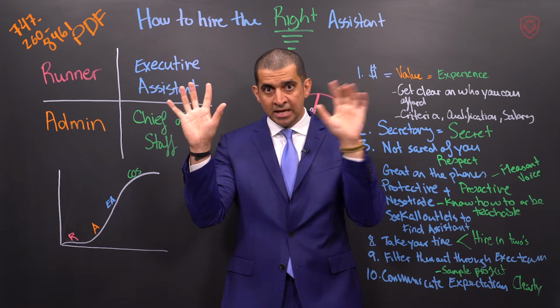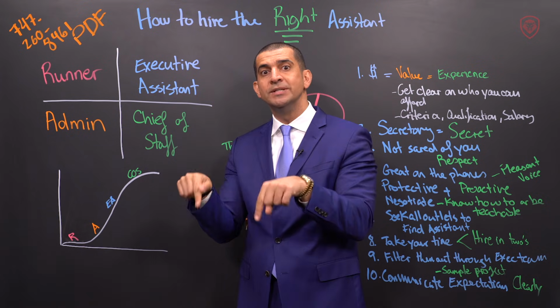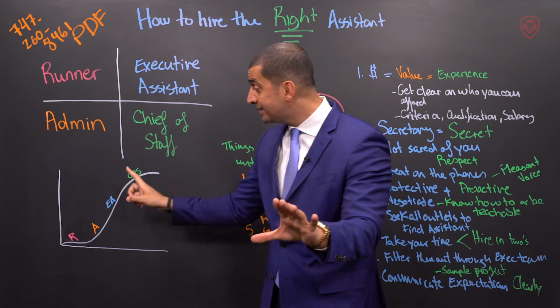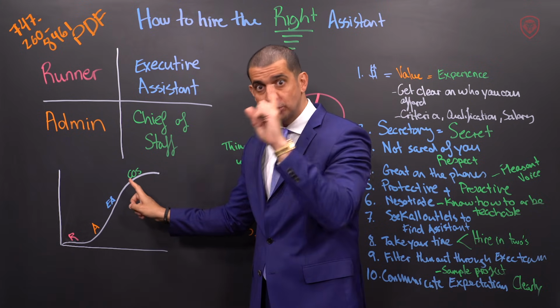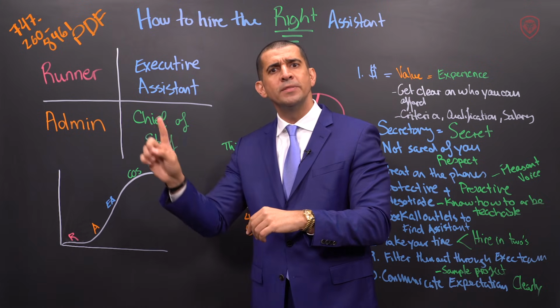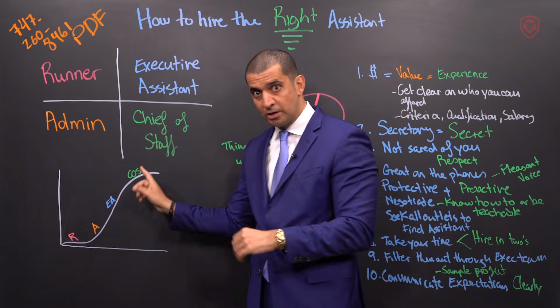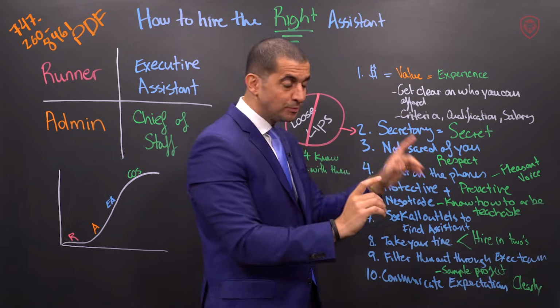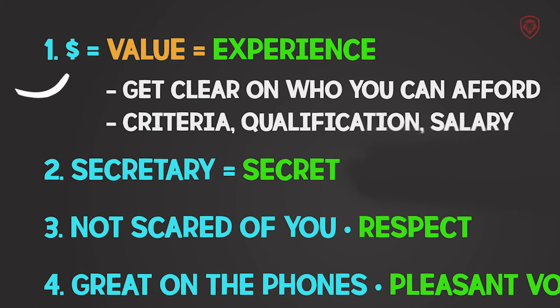So hopefully this gives you a different lens, knowing what you need today and projecting what you may need next. So you have to start envisioning, I would love to one day have my own chief of staff. Great, but no, it's going to be a lot more money as well. So that leads me to 10 things to know. Number 1, hire the pay, hire the value, hire the experience.